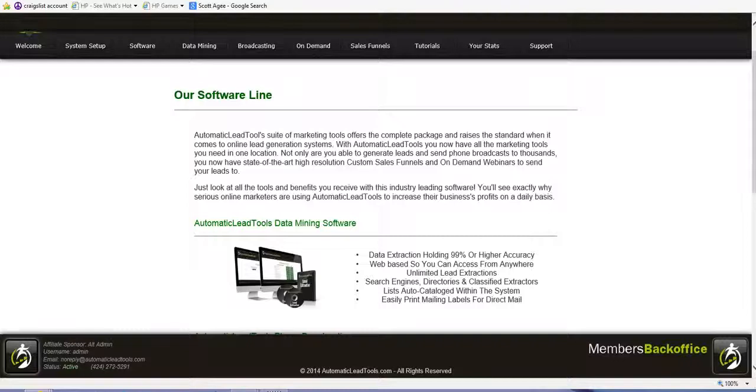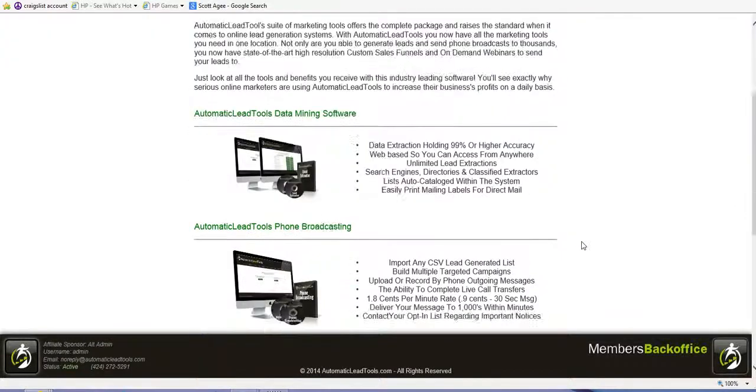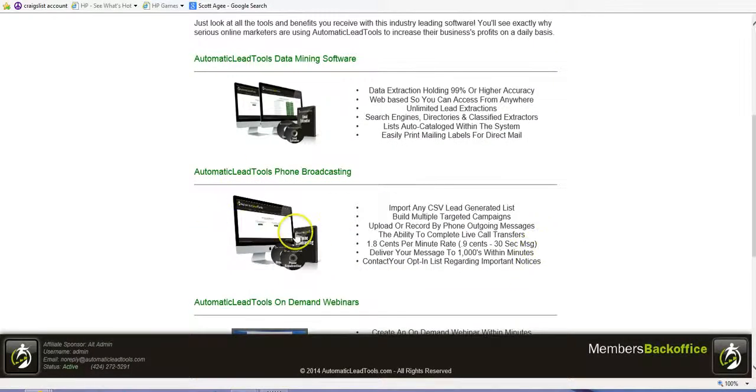There's no way that a company can survive without fresh leads. We know that, so we provide data mining software that can help businesses get data from the internet targeted to any niche and help them generate quality leads for their business. We also offer them a phone broadcasting platform so that they can contact these leads with the push of a button. They simply load up the list that they found on their data mining software into their phone broadcaster, and they can contact as many leads as they want at any time they want to do it.